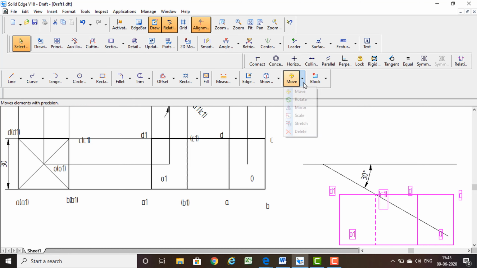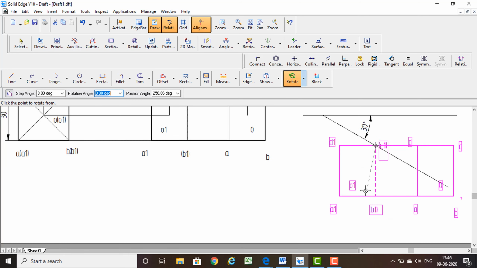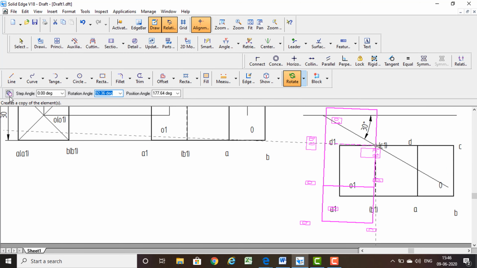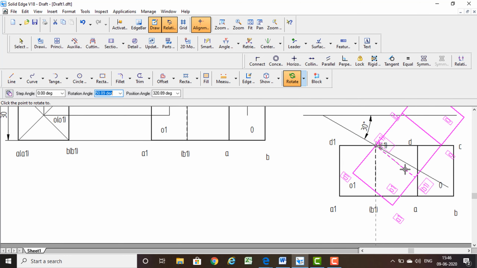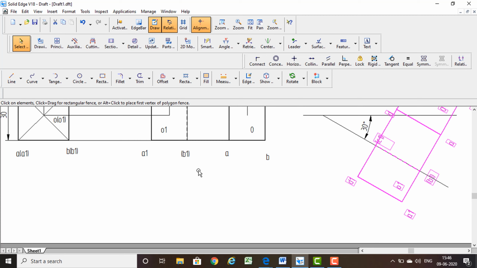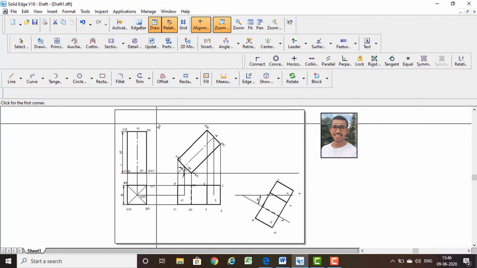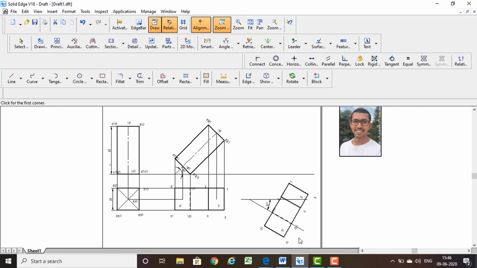Now I am going to use the command called the rotate command. Click for the center of rotation. Which is the center of rotation? C1 is the center of rotation. Next, click the point to rotate from. I need to rotate B1, so this is the point. This must be in off condition because the parent copy itself has to be rotated. When you rotate it, when this line becomes the 30 degree line, you please observe it is getting right. You just click on that and it will be rotated. Have you got this one? So what is the next step? Zoom this required region.